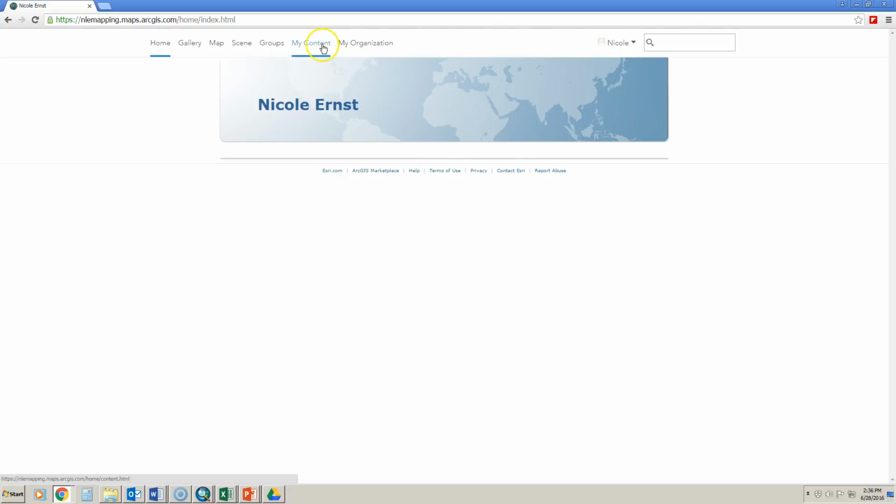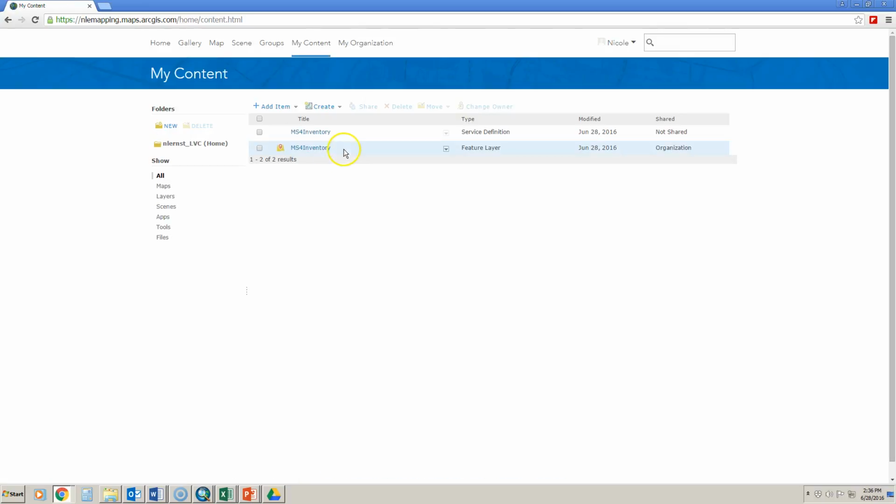And now when I go to my content area, one thing that we're going to see here is that we have the MS4 Inventory feature layer, and we also have the service definition file. What you want to do is add this layer to a new map. So we click on that, and we're going to see